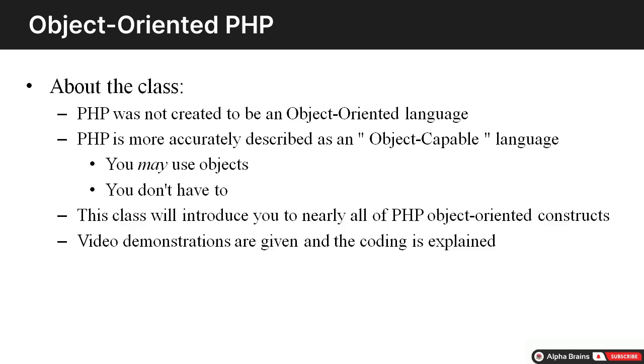There are more true object-oriented languages like Java. PHP is not that way. The objects are an add-on. So you may use objects with PHP, but you obviously don't have to. Even with objects in PHP, we're going to have to use a little bit of procedural code to get things